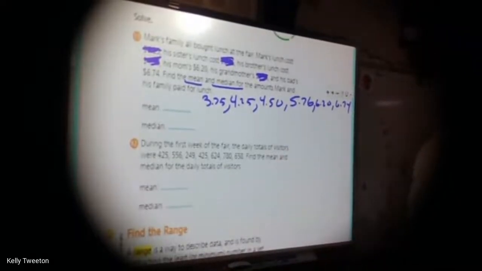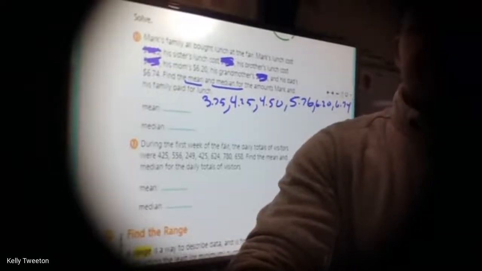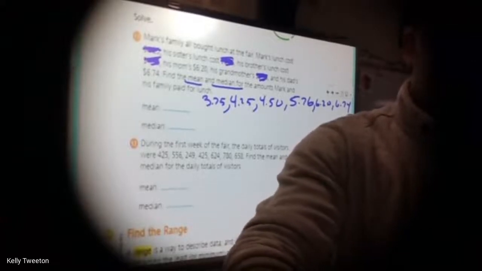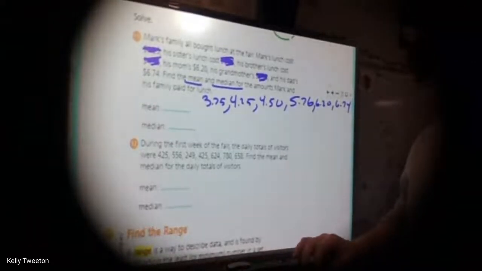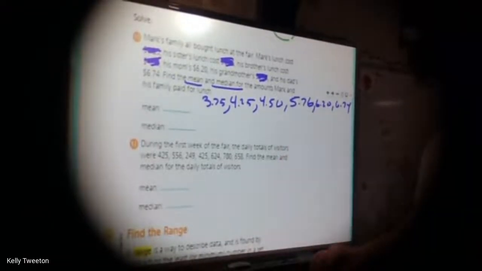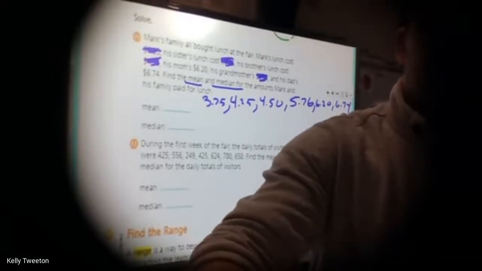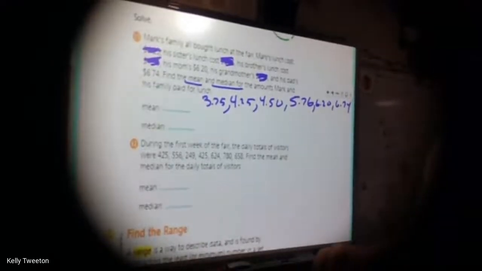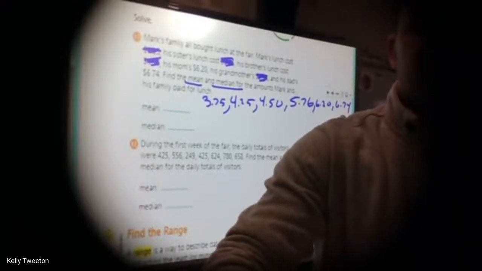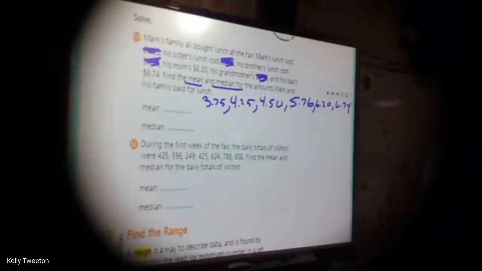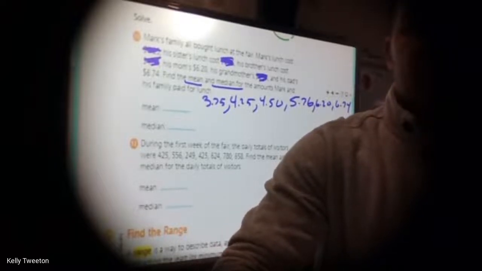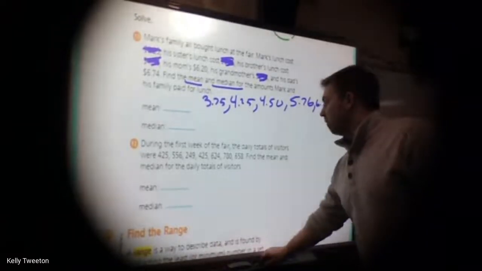3.75 right on your number pad and your keypad and your computer, plus 4.25, plus 4.5, plus 5.76, plus 6.20. You don't need the 0 at the end. You can just put 6.2. It is the same thing. Plus 6.74. Now press equals. Hopefully you all get the same thing, which looks like we have